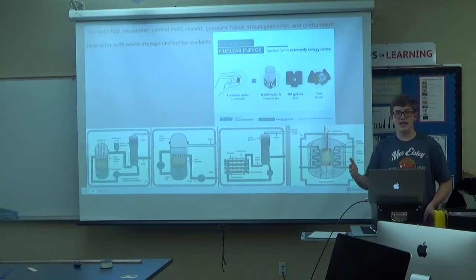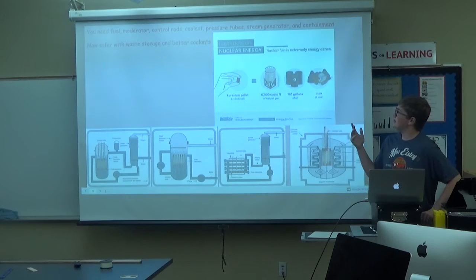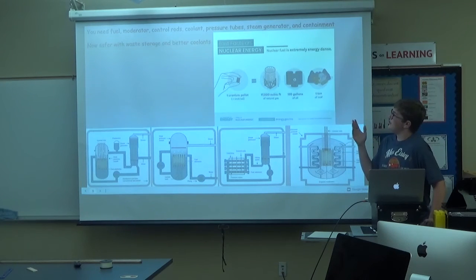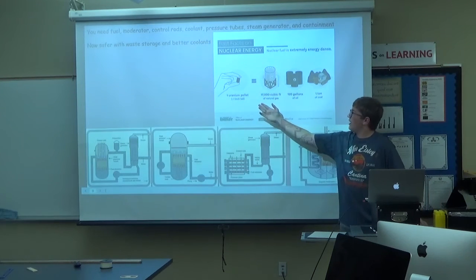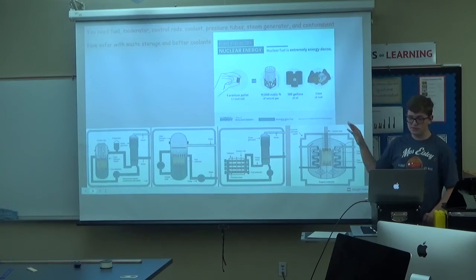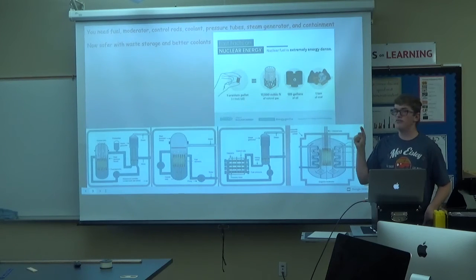We now use sand and other things because water can boil off and then the reactor can melt down, so you can't burn off sand, so it's safer, and we now have waste storage. So you see this tiny uranium pellet next to the gas, the oil, and the coal, so it's much smaller, and only a tiny little bit of